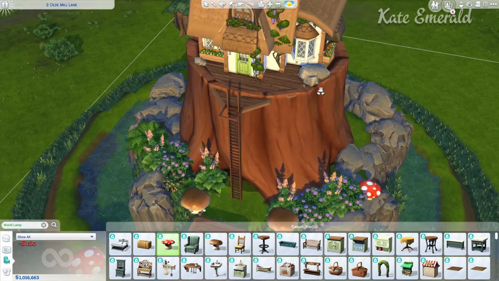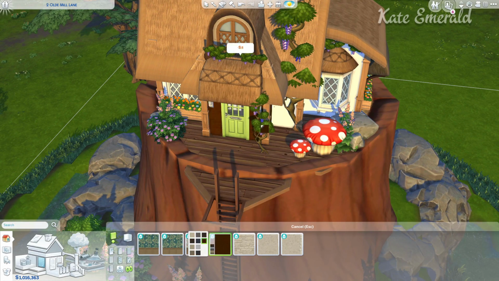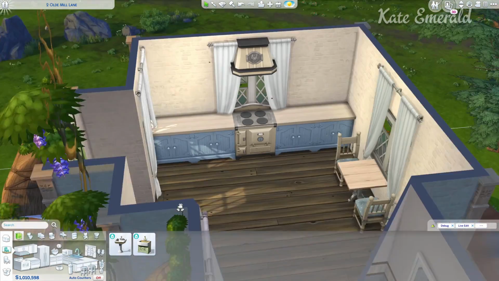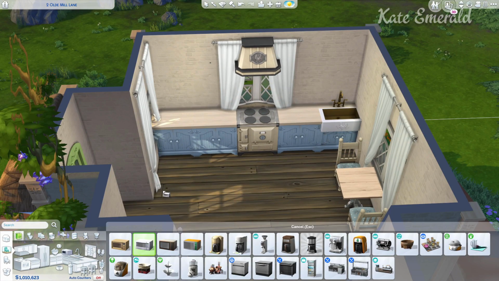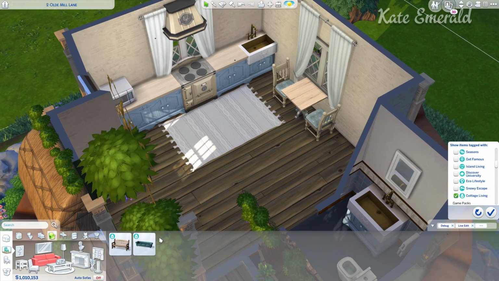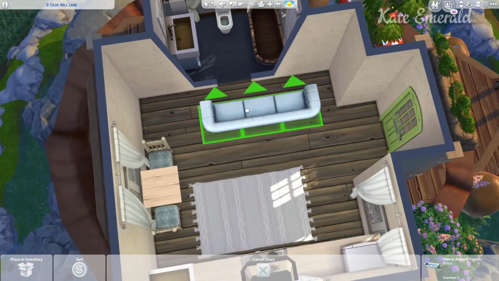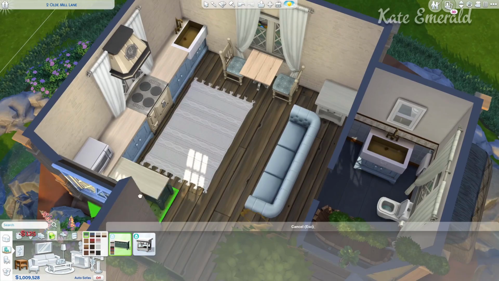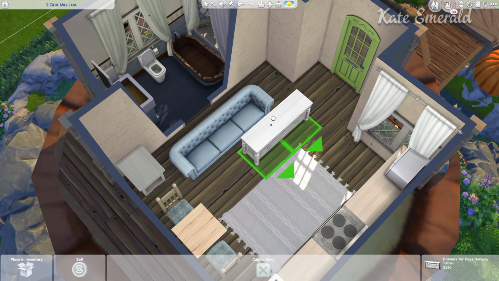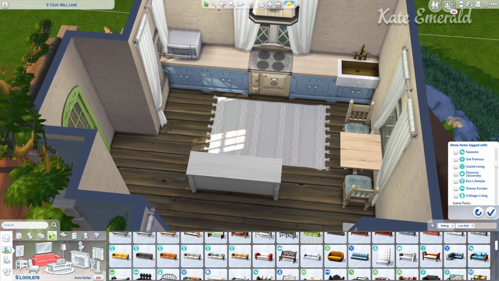Here I'm placing some plants, and the whole landscaping idea was really easy, very simple. At first I wanted to add more stuff to the outside and everything, but then I thought it wouldn't look like a very simple, cute, magical house on a tree stump. It would just distract from the main idea, so this is one of my smallest, most simple builds maybe, but I was just in the mood, and now I'm ready to work on a huge modern mansion, maybe